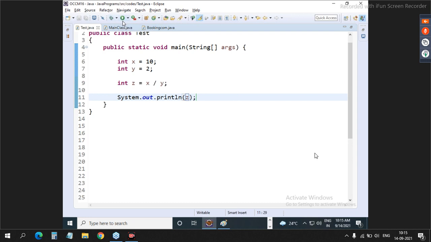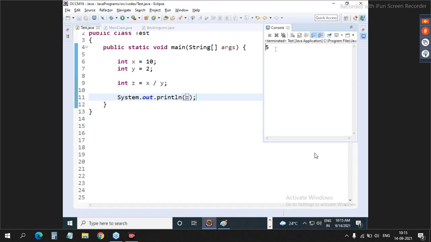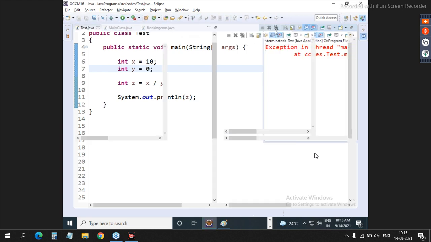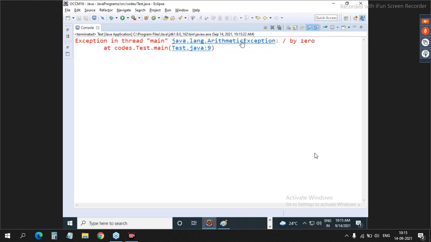So what will be the output? 5, 10 by 2 is 5. But if I give y the value 0, is it possible to divide? No. Then we will get an arithmetic exception.